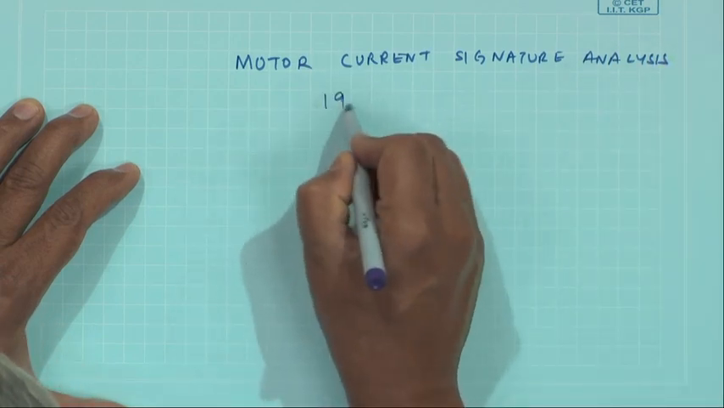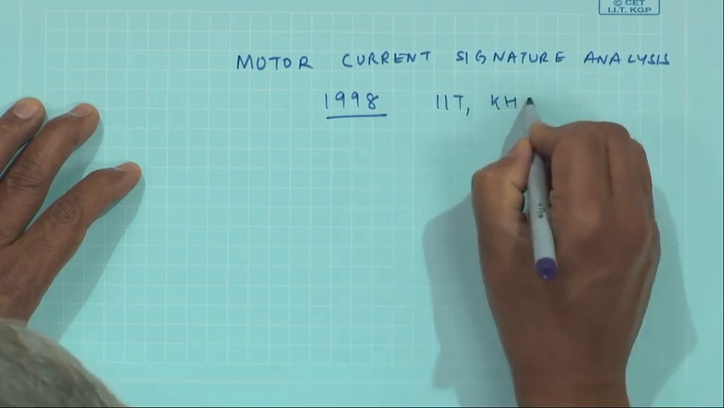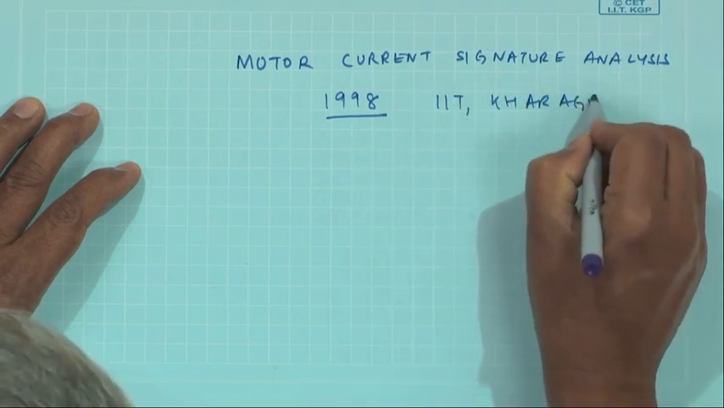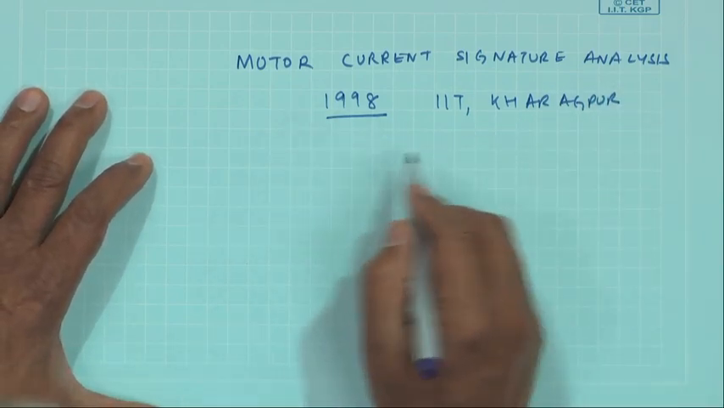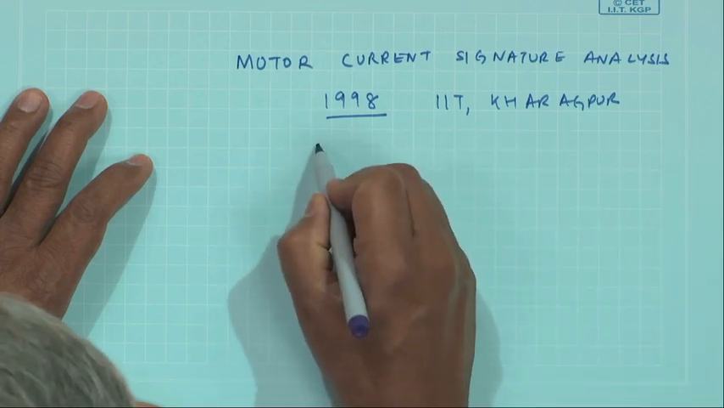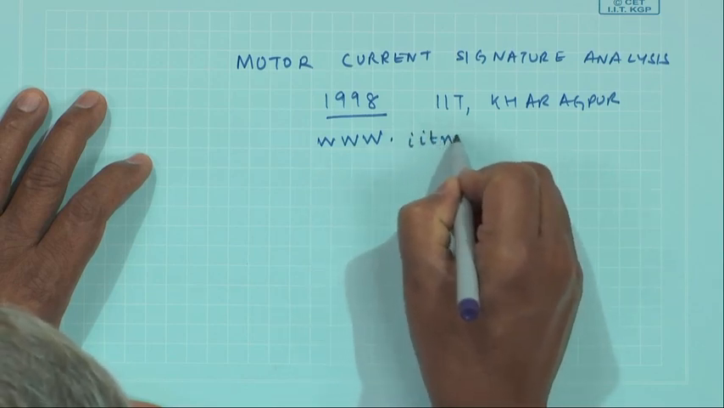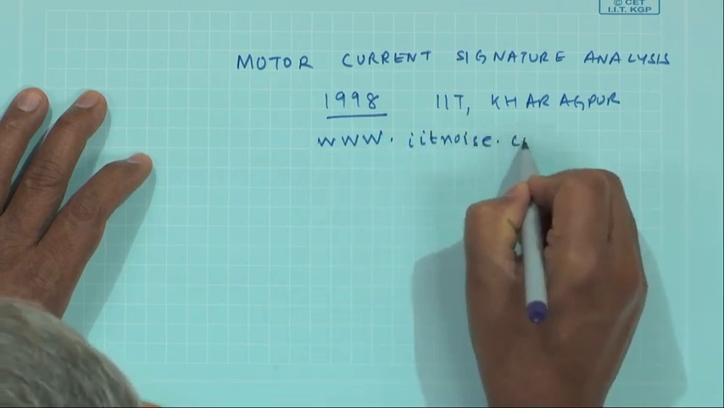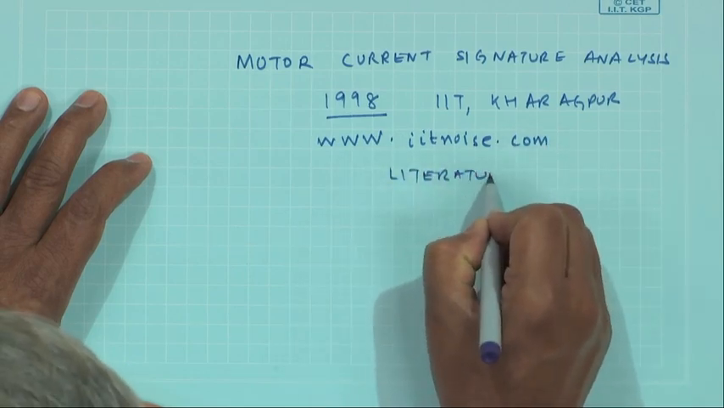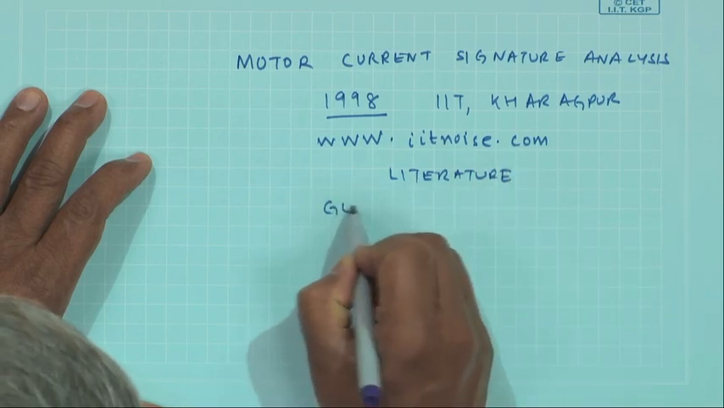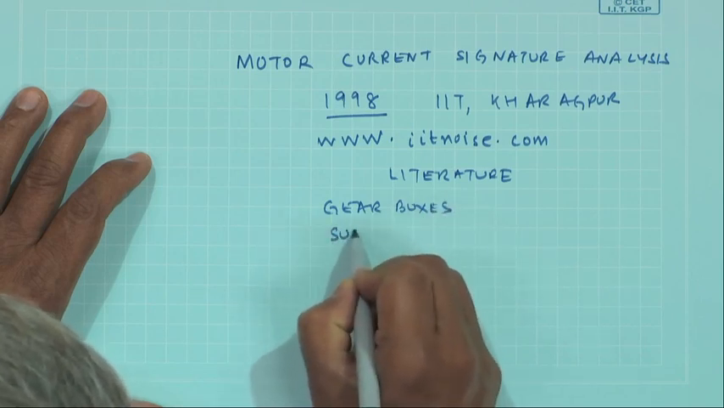close to exactly about 2 decades ago, we in IIT Kharagpur came across this technique, and we have developed many algorithms where MCSA can be used to find out faults in mechanical systems. So, you can go to my website or to my Google Scholar to see the relevant literature in this area for finding out faults in gearboxes, submersible pumps,